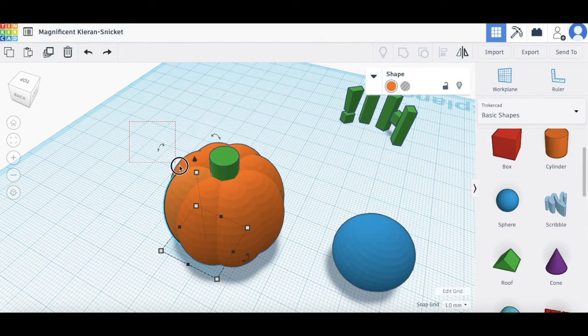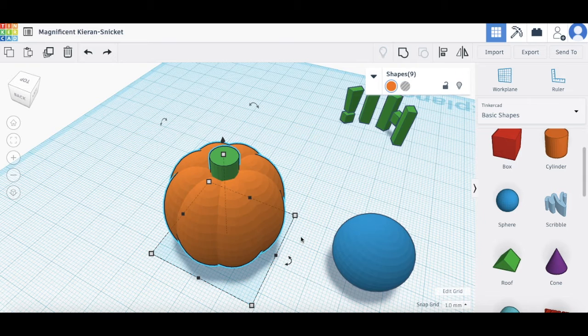Then click and drag your trackpad, but be sure to only drag it around the shapes that are in your pumpkin or whatever it is you want to group. Now everything is selected. Right up here is the group button, or you can use the shortcut Control G to simply group them quickly. Click on it, and now all of these shapes are joined together in a group